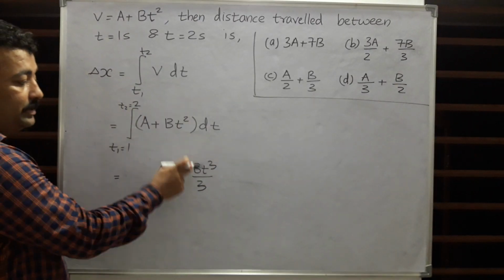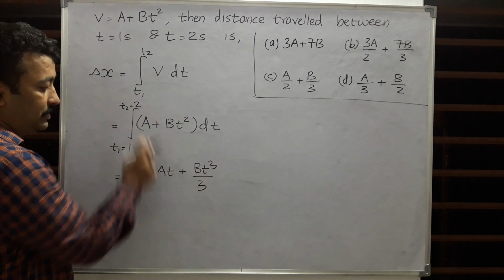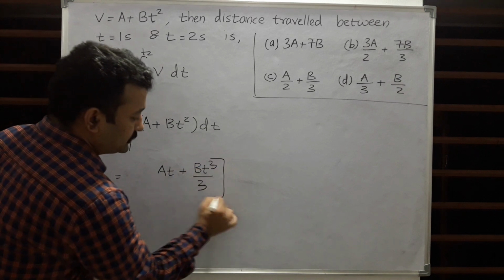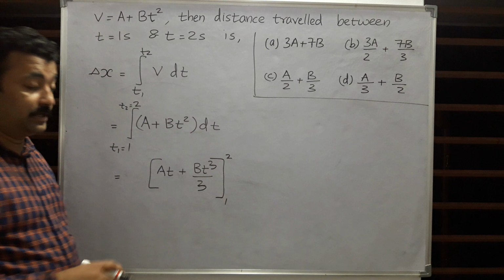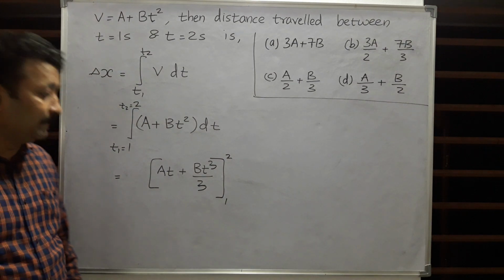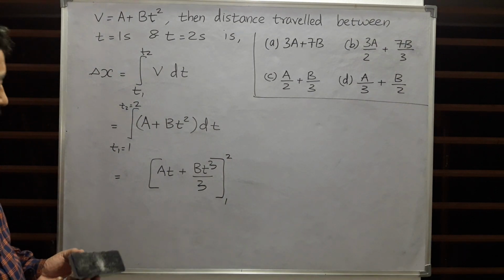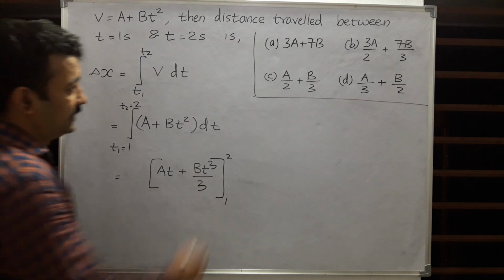bt cube divided by 3. The t square integral will be t raised to 3 divided by 3, and the a integral will be at, within the limits 1 to 2. I'm sorry, this is a definite integral because we have got the limits, 1 to 2. So substitute the limits, you will get the value of delta x as,